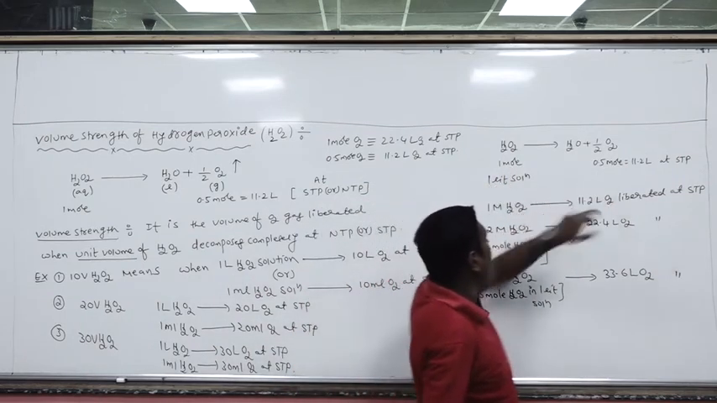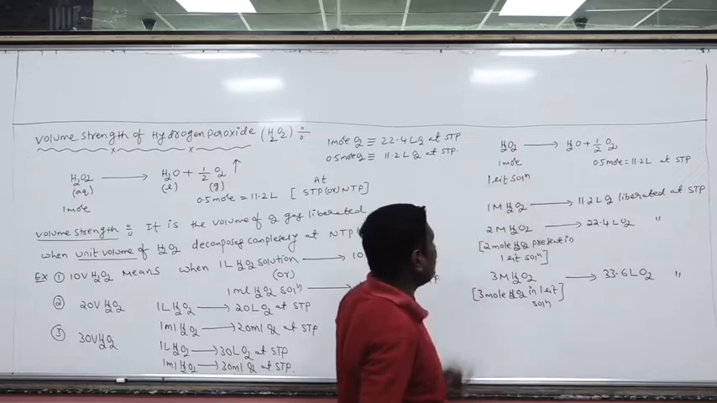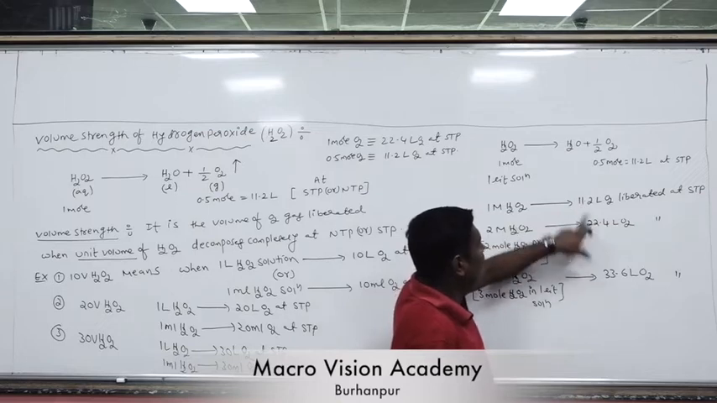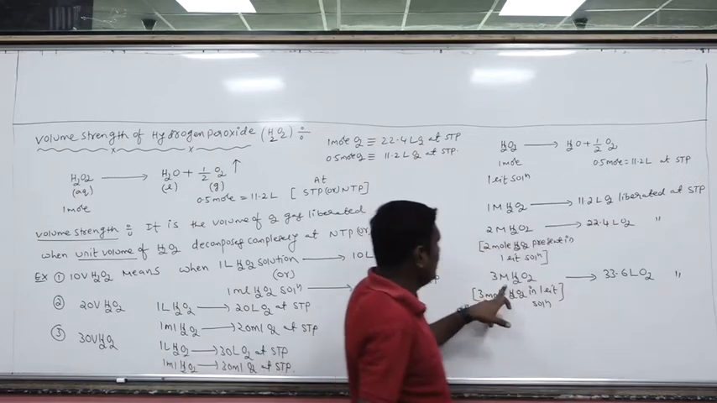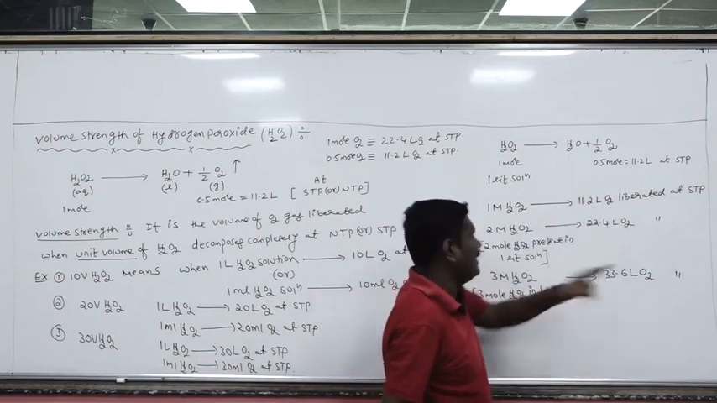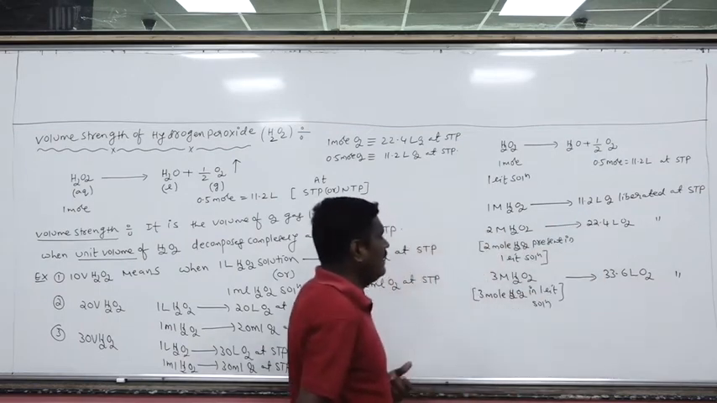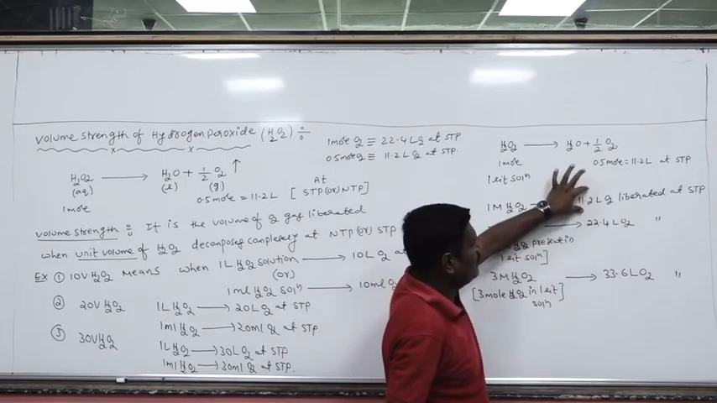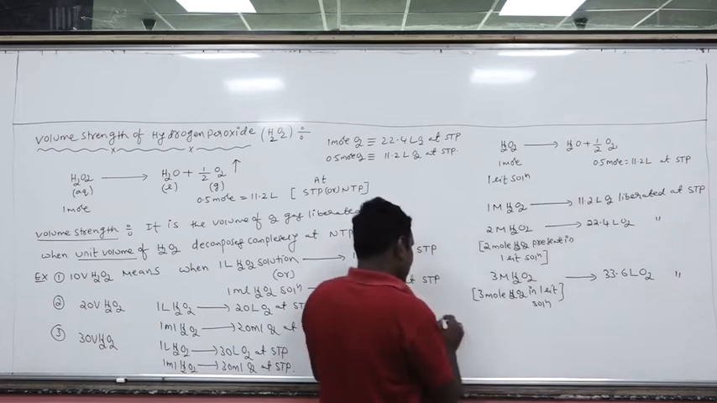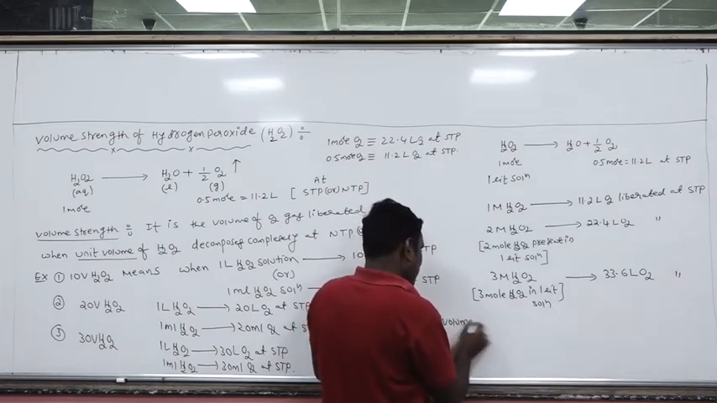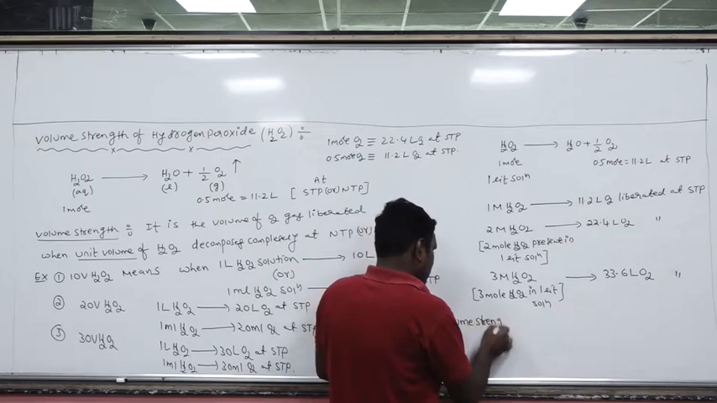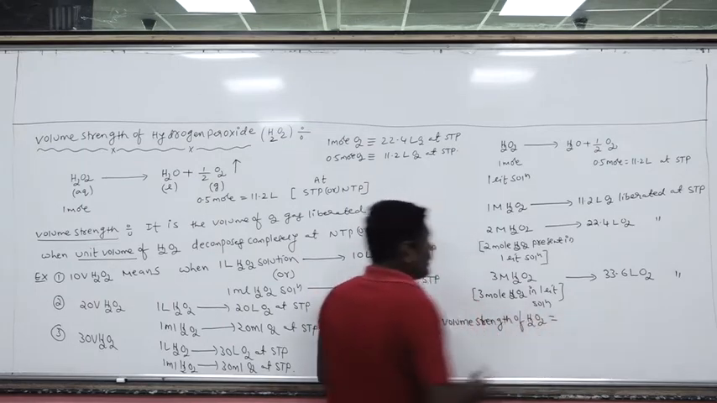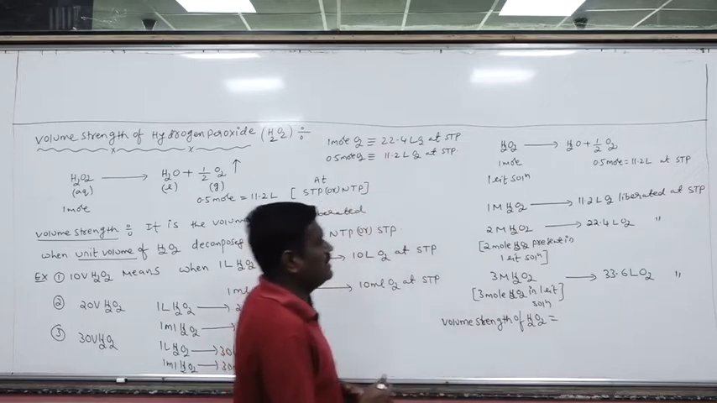1 mole taken, half mole O2, 1 mole present in 1 liter. If I am taking the 2 molar solution, the volume of O2 will be double of 11.2. If I am taking the 3 molar solution, the volume gets triple of 11.2 liters. From this information, how many liters of O2 liberated? 11.2. This is the volume strength of H2O2. So I am writing here: volume strength of hydrogen peroxide is equal to